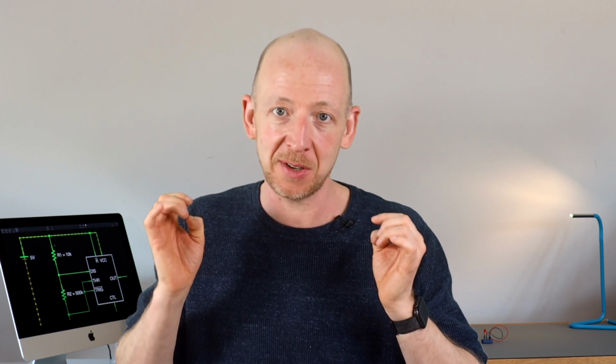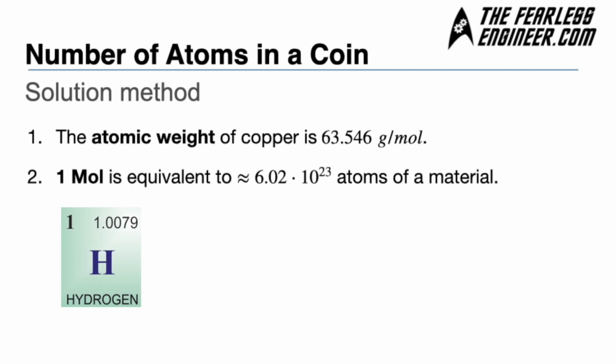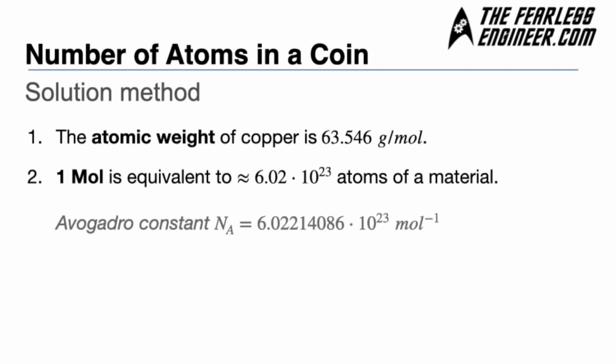Now this number might sound a little bit chosen at random, but it actually was determined with the element hydrogen. Now what you can see here is the atomic weight of hydrogen, which is about 1, which is 1 gram per mole. And since 1 gram of hydrogen contains about 6.02 times 10 to the power of 23 atoms, this number can be used to convert between substances and is usually called Avogadro constant.